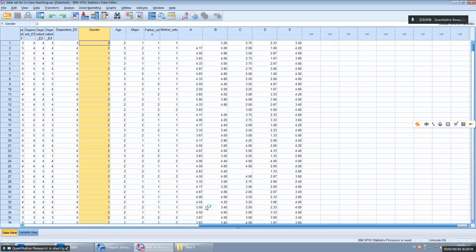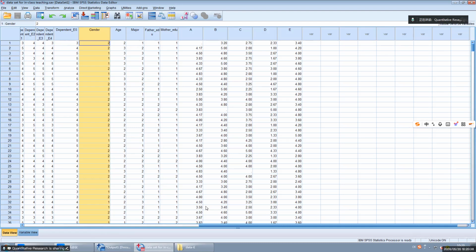What does it mean? It just means we have to transfer. We need to transfer nominal scale to variable, to dummy variable. This is the special way.